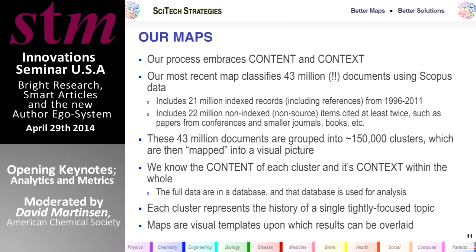One thing that I think is really interesting, and this is fairly new in our world of mapping science, is that we included the non-indexed, the non-source materials in this map. So Scopus and the Web of Science, they index a set of journals and conference proceedings. And those are the primary source materials. But since they are citation databases, they contain the references to other things in those reference lists, things that are not necessarily indexed in the database. And so if we include those things in the map, we have a much broader context that we can look at. And that includes things like books. It could include New York Times articles and various other things.